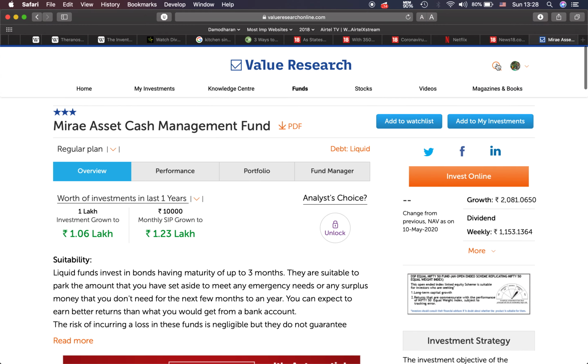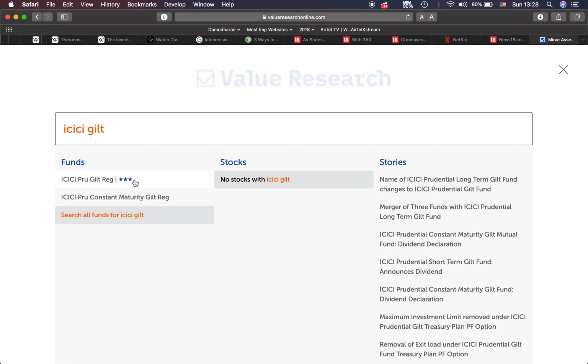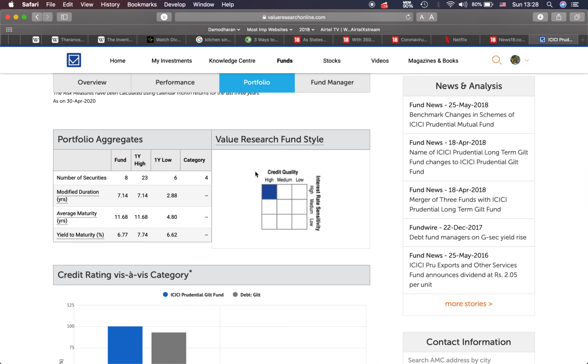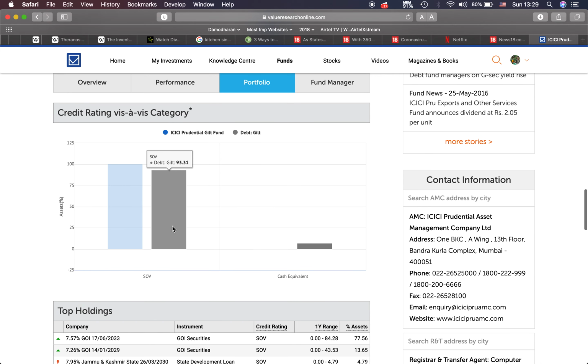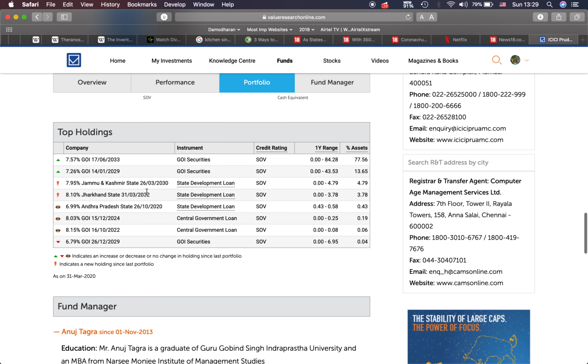Now we can also check a gilt fund. Again, credit quality is high, but interest rate sensitivity is also high, because these are government bonds, so they are sensitive to interest rates, but again they are very safe. For this fund, almost 100% is sovereign. If you see the papers, it's all Government of India, Jammu and Kashmir State, Jharkhand, Government of India.